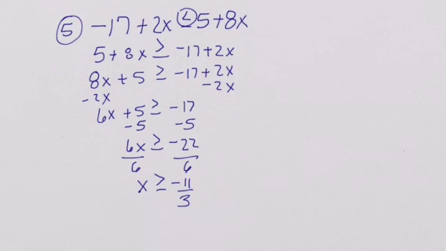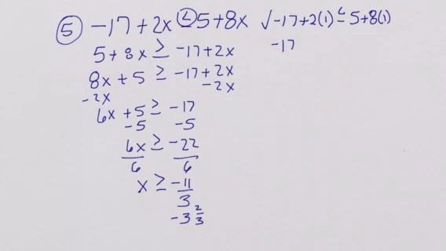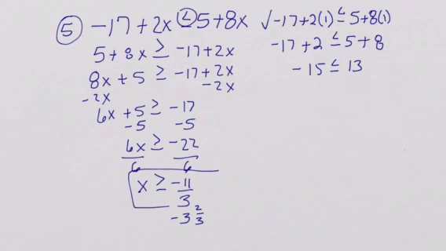So now we're going to need a number that is greater than negative 11 over 3. Well, negative 11 over 3 is actually negative 3 and 2/3. So we really just need a number that's greater than negative 3. So the easy number to pick is going to be 1. So we'll check it. Negative 17 plus 2 times 1 is less than or equal to 5 plus 8 times 1. Negative 17 plus 2 is less than or equal to 5 plus 8. Negative 15 is less than or equal to 13. That's a true statement, so we know that our x value